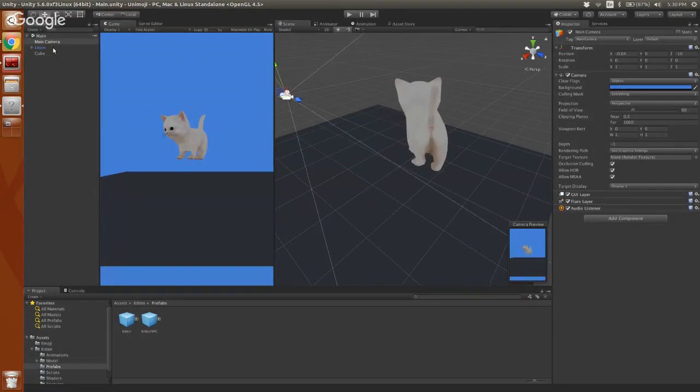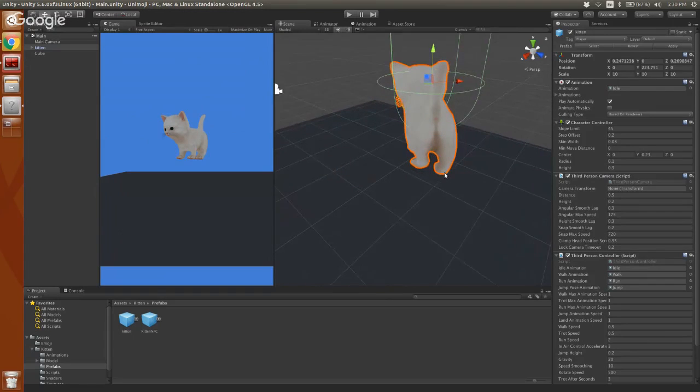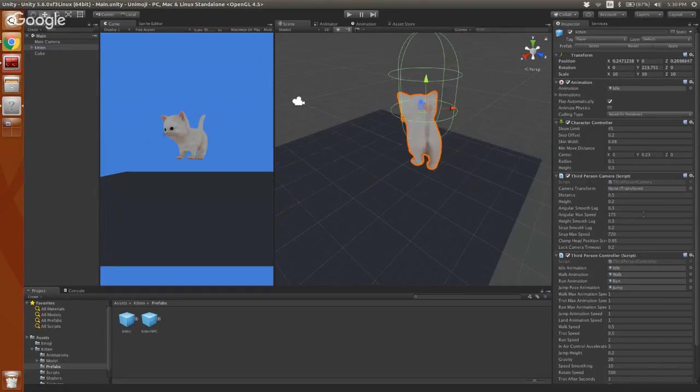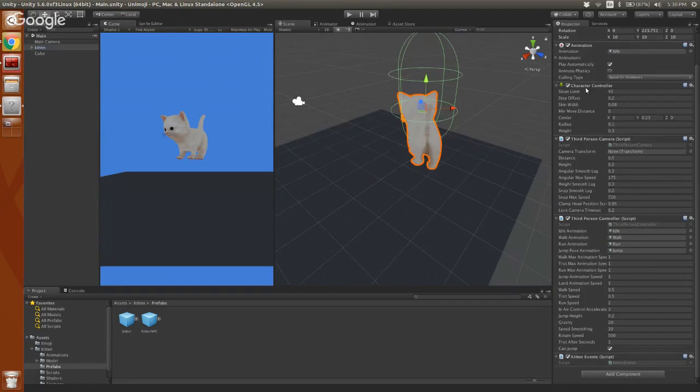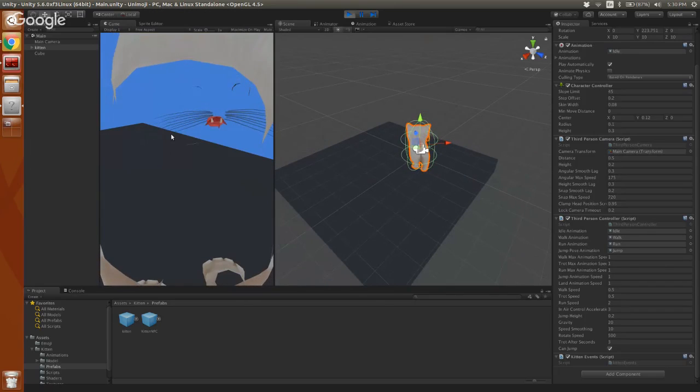So let's click on our kitten. Oh, and you see these green lines, just like we saw before. This is what's keeping her from falling in the ground. But for some reason, that's at about thigh level. So let's look for our collider, which is called character controller here, and see if we can move that down. Yeah, that's too low. Mine is 0.1, 0.12, something like that. That looks like it lines up with her feet a little better. See, there you go. Now she stands on the ground better.